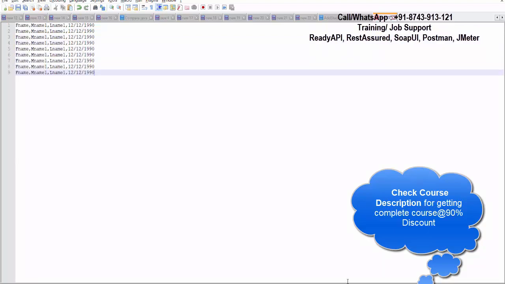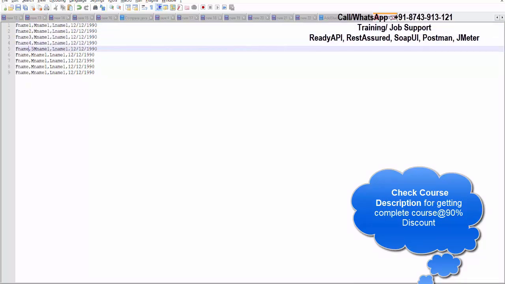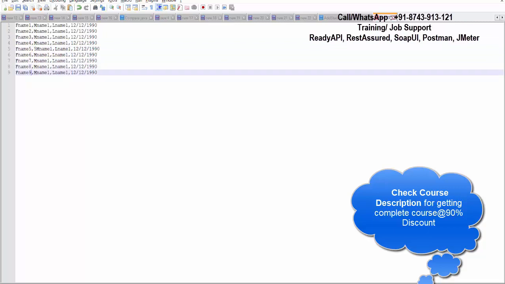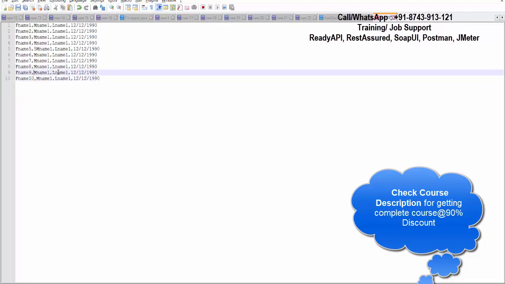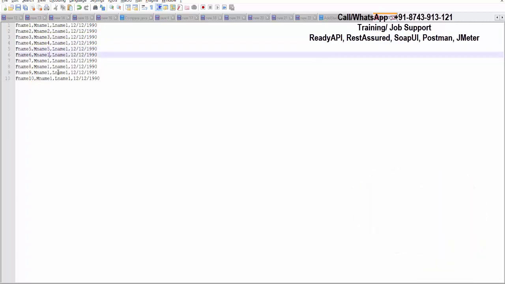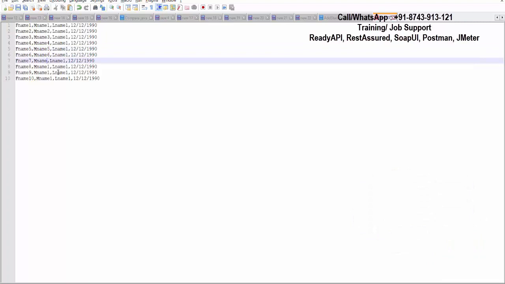And we are maintaining comma separated data. So that is fname 1, 2, 3, 4, 5, 6, 7, 8, 9. And I'm maintaining one more data, so we'll have 10 data. In the same way, I'll go here 2, 3, 4, 5, 6, 7, 8, 9, and 10.